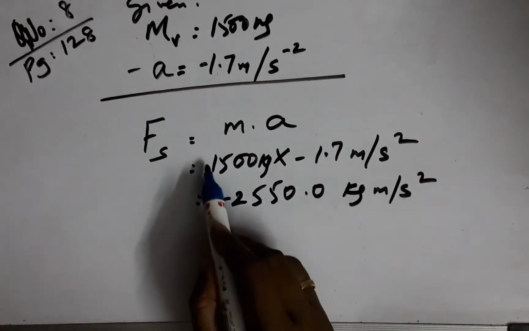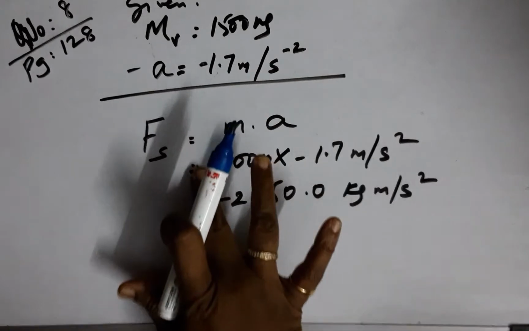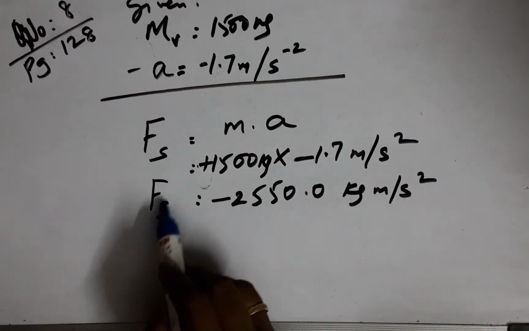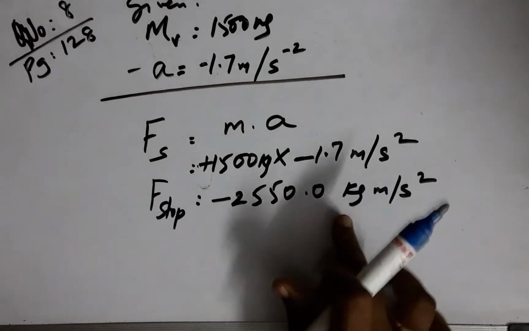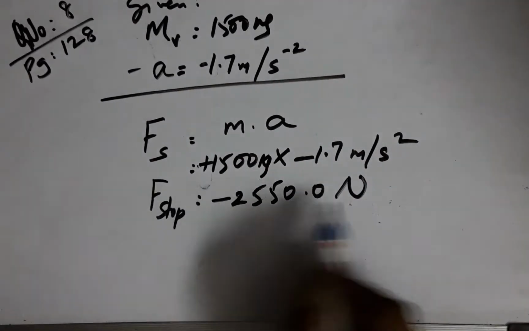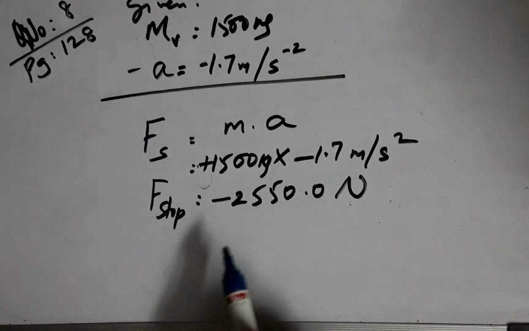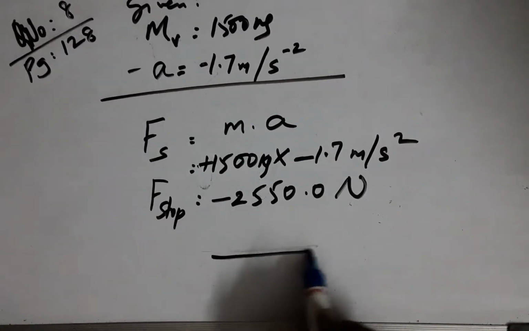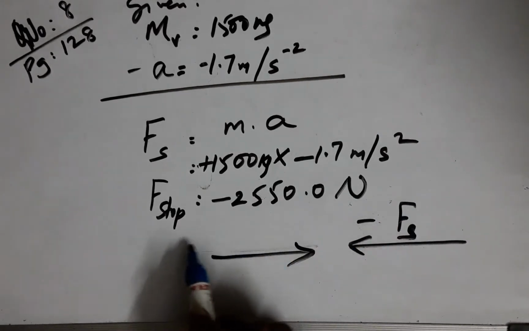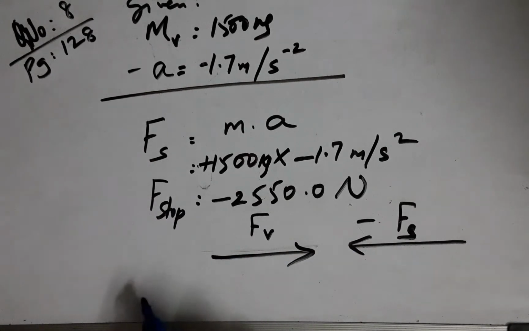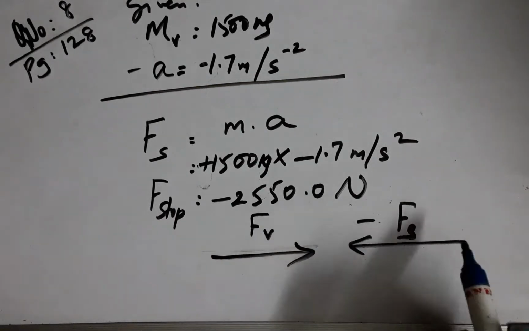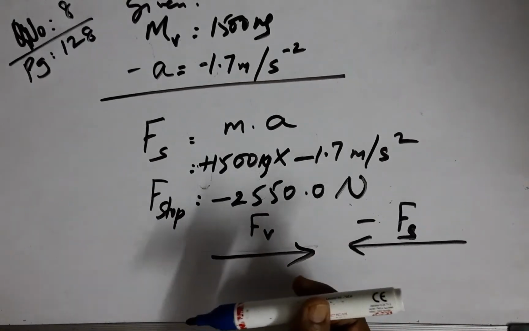And this is negative force, and therefore there is the negative value, and negative into positive gives negative force, because this is the stopping force, and this unit is nothing but Newton. A name has been given by Newton. And the vehicle will be going in this direction, and the stopping force will be acting in the direction opposite to the movement of this vehicle. And this negative value also signifies that the force is acting in the negative direction.